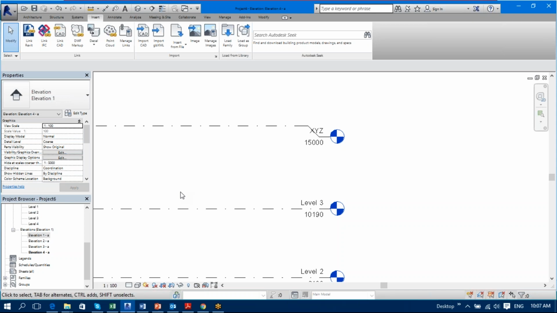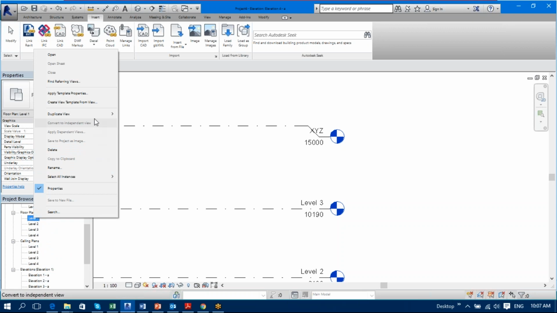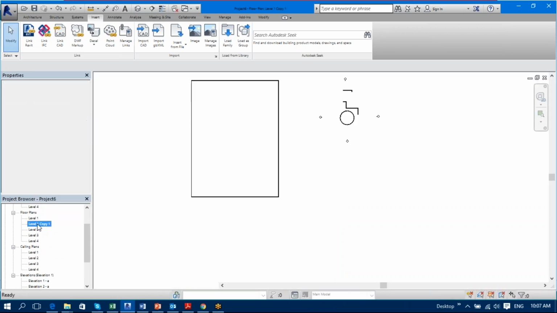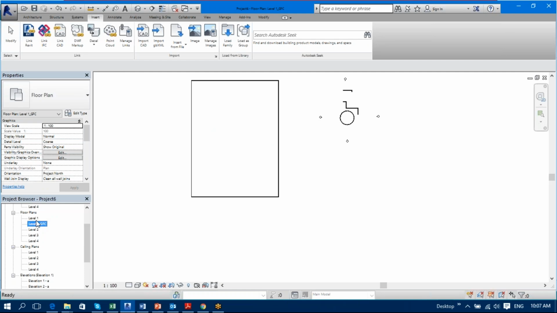Plus, over here, guys, if you go to elevations or any ceiling part or a floor plan, you can right click it and say duplicate view with detailing. The moment you do this, you will have another copy of this level. Then I'm going to rename Level 1 to GFC drawings or job shop drawings, and press OK. Now there is no difference between these two levels. Whatever you create and whatever you have created in Level 1 would be copied the same in Level 1 GFC drawing. But in Revit, there is one rule that in sheets,